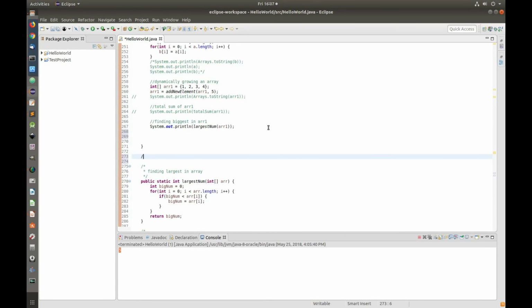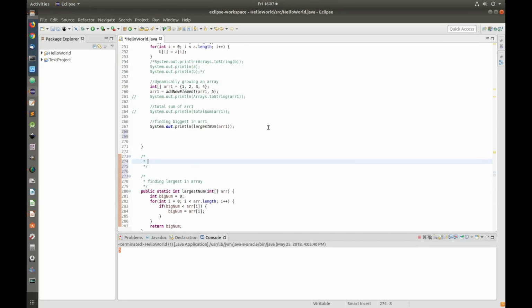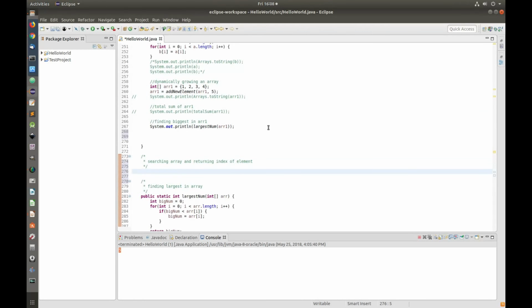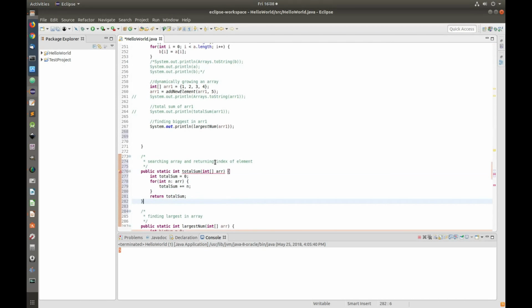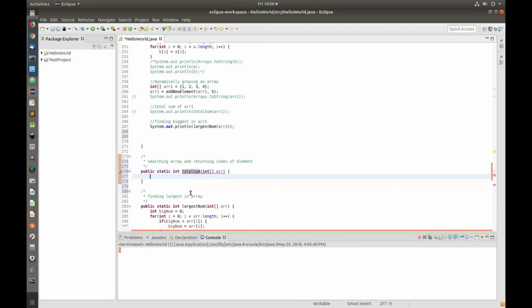So I'm going to name this one searching array and returning index of element, and I'm going to copy the previous skeleton of the method, and I'm going to call this one search